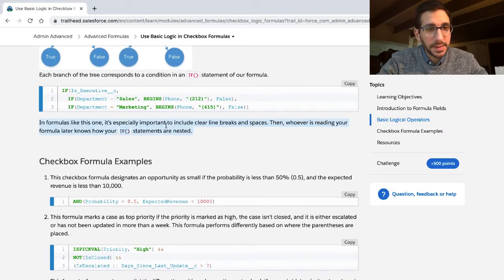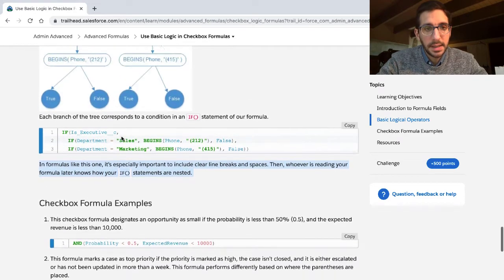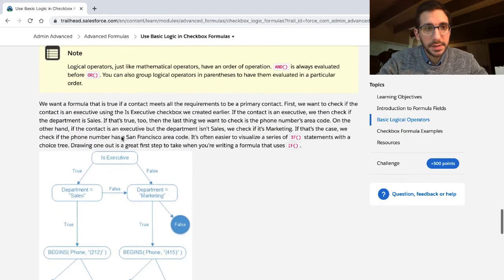In formulas like this one, it's especially important to include clear lines and spaces. Then whoever is reading your formula later knows how your if statements are nested. I would have loved a definition